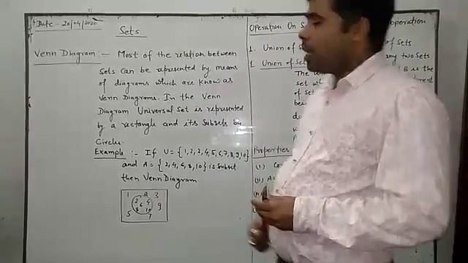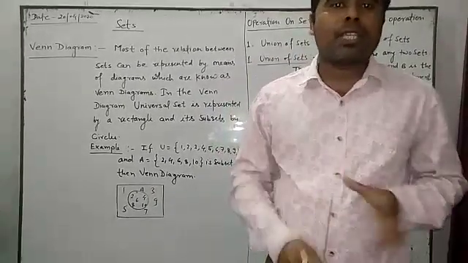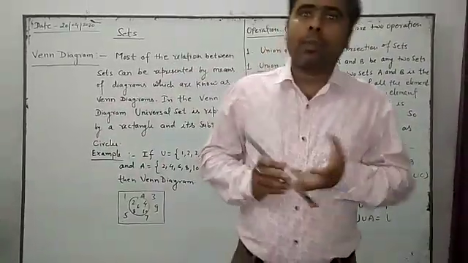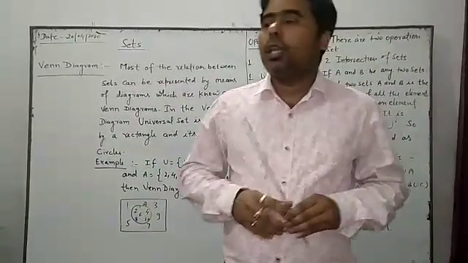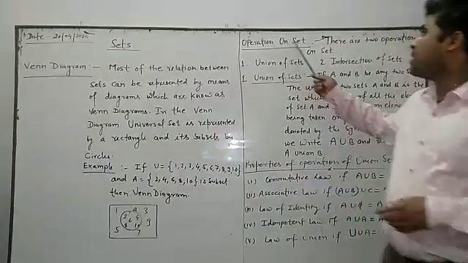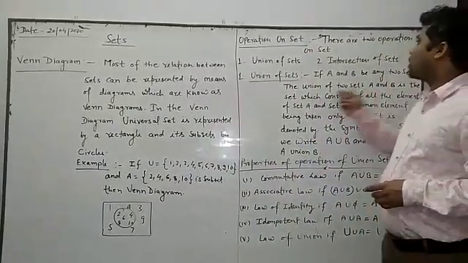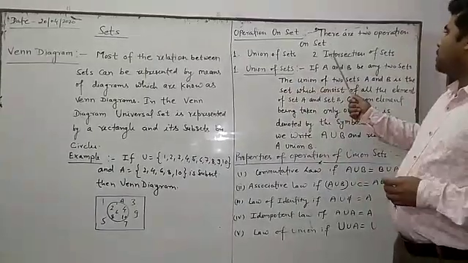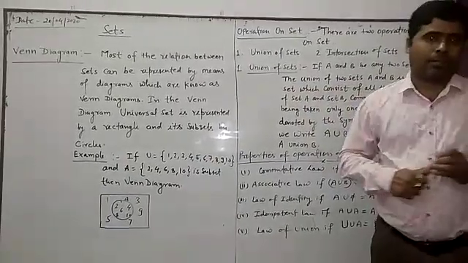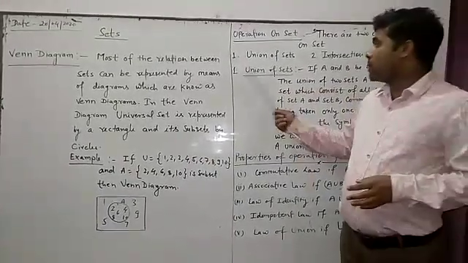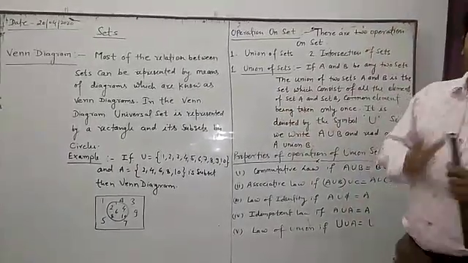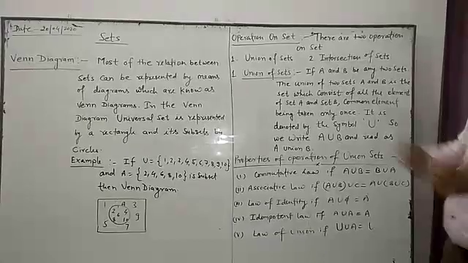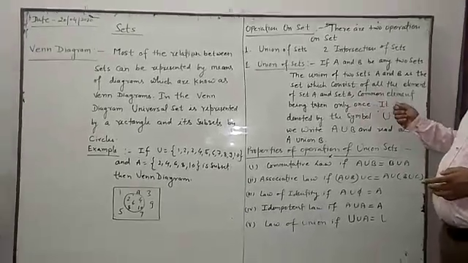Now after that we have to discuss the operations on sets. In sets, which type of operations do we use? Here, there are two operations on sets. The first one is the union of sets and the second one is the intersection of sets. Now, first, union of sets. If A and B are any two